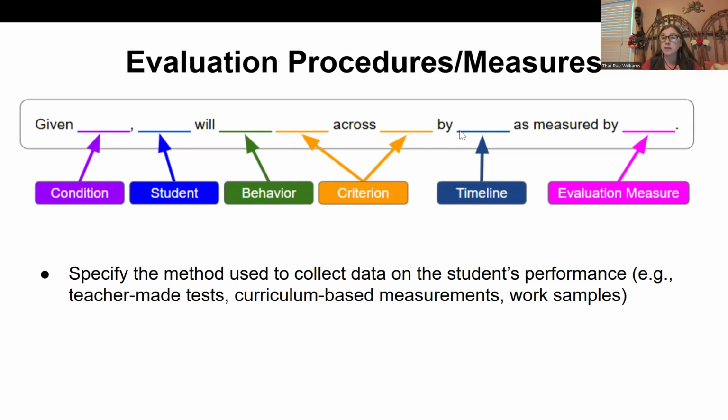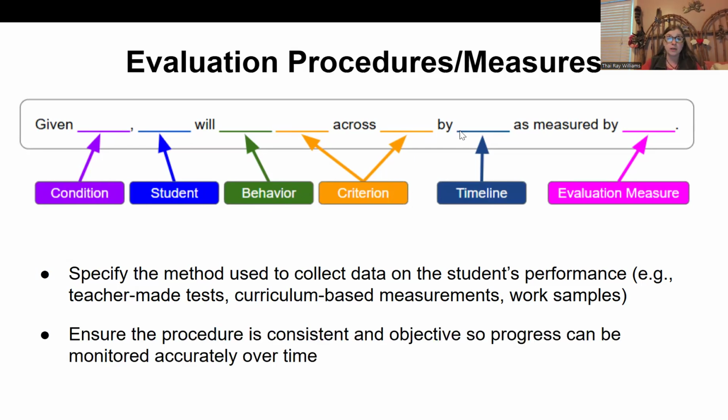And so oftentimes I use a data sheet, and like I said, I might say that they required a visual prompt, or they required a model in order to perform a skill. You're going to use things like curriculum-based measures that come with your published curricula. You're going to collect students' work samples. So there are a variety of different ways that you can evaluate students' behaviors, the skills that you've taught them